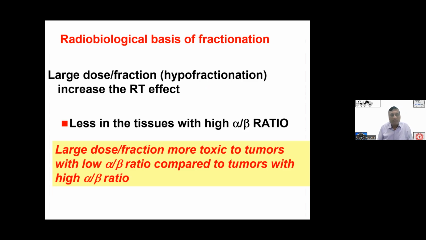So the radiobiological basis of fractionation is that a large dose per fraction, hypofractionation, increases the radiotherapy effect less in tissue with a high alpha by beta ratio. A large dose per fraction is more toxic to tumors with a low alpha by beta ratio compared to tumors with a high alpha by beta ratio. And therefore, for tumors like prostate and breast, where the alpha by beta ratio is low, extreme hypofractionation is more effective and